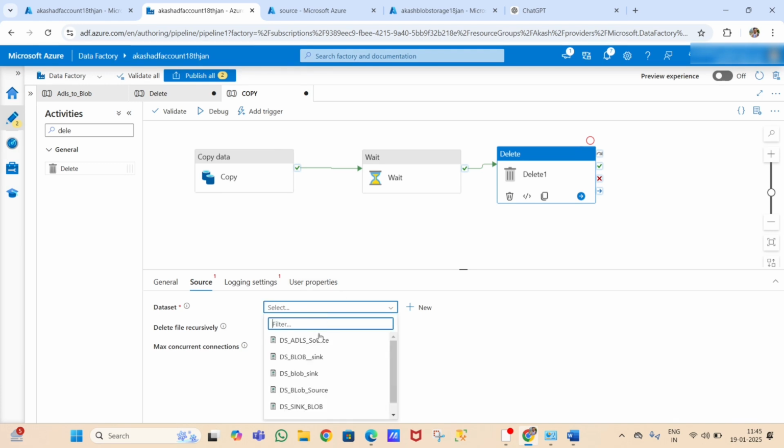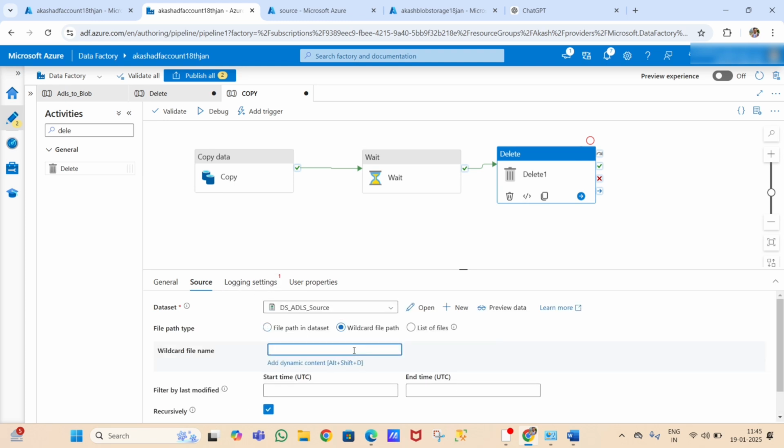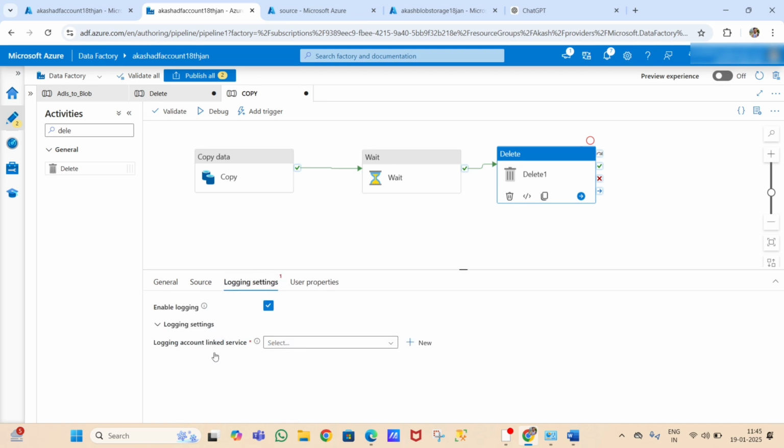So I click on ADLS source, use the wildcard with an asterisk symbol, and in logging settings, for the logging account linked service, I'm using the linked service blob sink. This means the deleted files will be shown in a log folder. I will show you how it works.